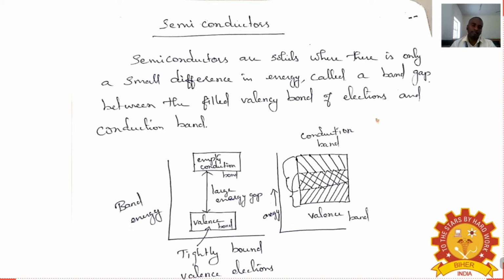According to band theory, conductors have a very close distance between valence band electrons and conduction band electrons. The distance between the valence band and conduction band is too close, so they are called conductors. In all metals, the valence band and conduction band are very close, so the electrons present in the valence band easily jump to the empty conduction band. That's why metals conduct electricity.